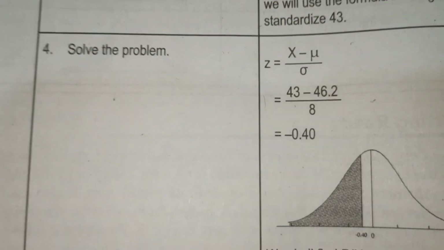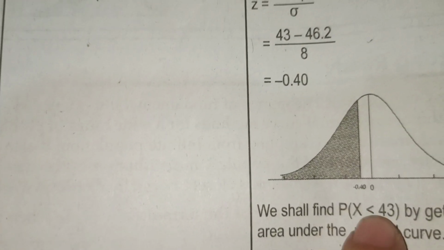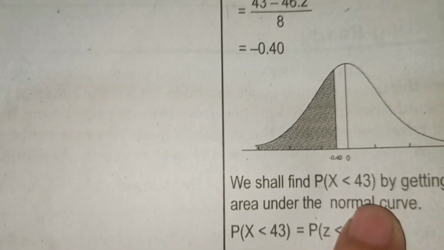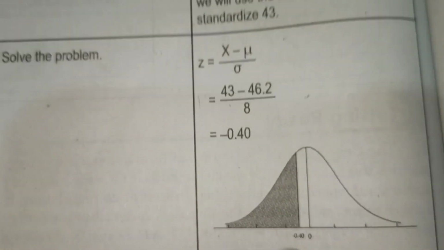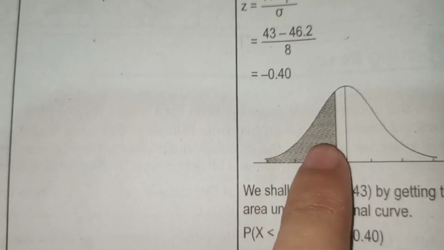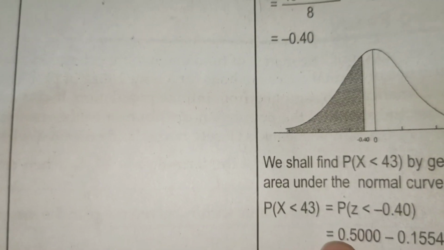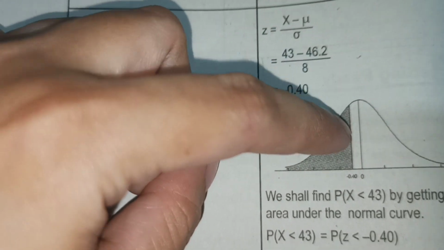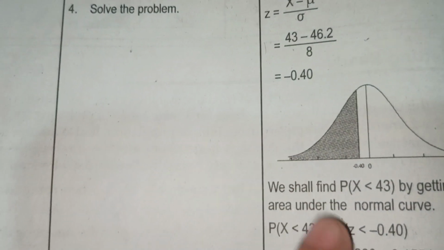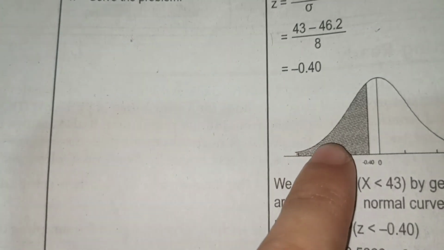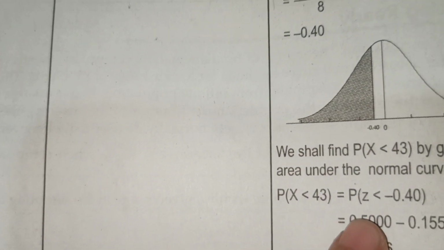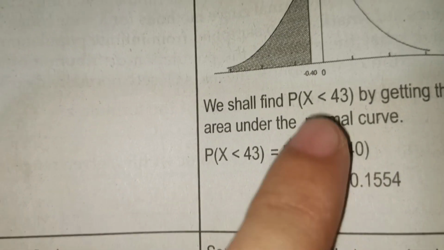Now, we are going to find the probability of x less than 43 by getting the area under the normal curve. So, naalala niyo to? Kukunin natin yung area nito. To get that, we're going to subtract that. Ito yung kalahati, di ba? Yan yung kalahati ng normal curve, itong side na to. To get the area nitong may shaded region na yan, yung 0.5, ima-minus natin sa nakuha